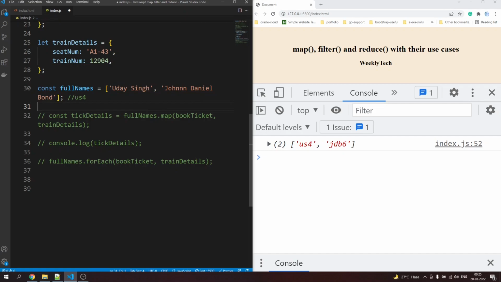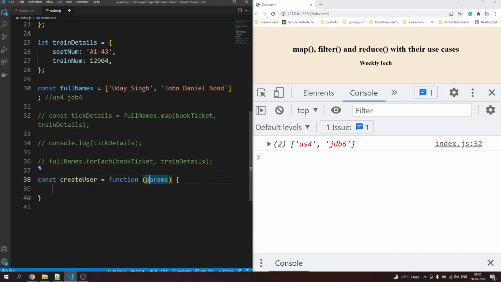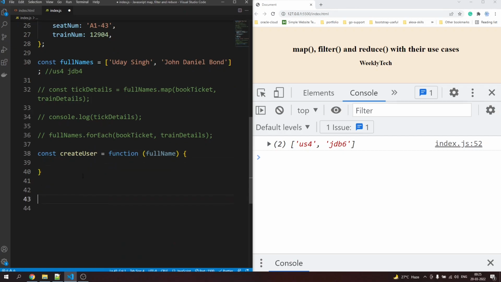Same in case of John Daniel Bond. The output will be JDB with the length of the first name, 1, 2, 3, 4, like this. So for that, let me create a function, createUser, and it will take one argument that will be fullName, and let me call this function using the map function,